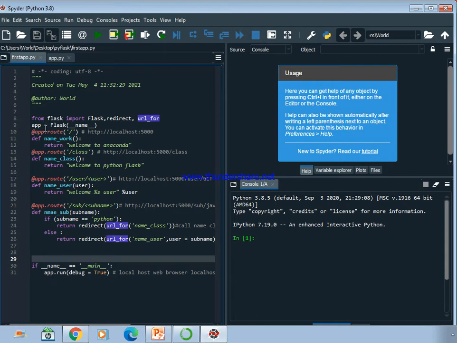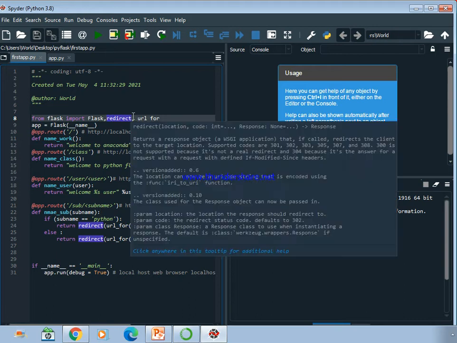Since we are going to work with Python Flask, we have to import Flask: from flask import Flask. If you see here, this is a small letter and this is a capital letter. I am also going to redirect some paths of the URL to other paths, so I need the redirect module also.